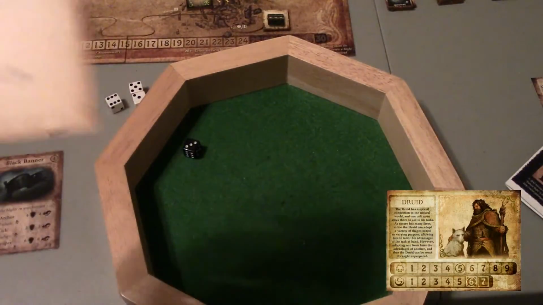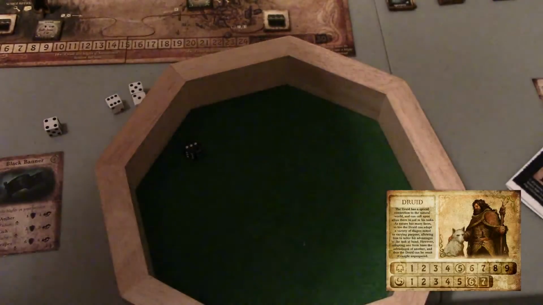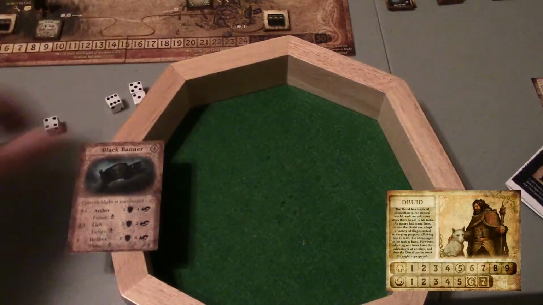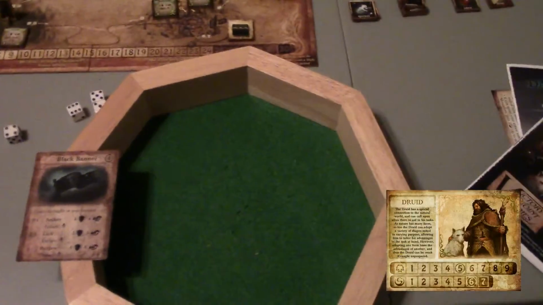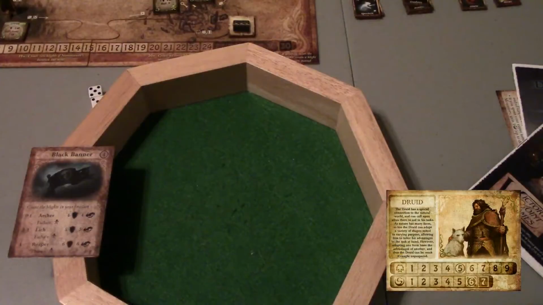So the druid has the ability of camouflage, and it allows us to elude with 2 dice. That's what we're going to use. We're going to put that right there so we can see it. I think we'll adjust over just a little bit, get our 2 dice out, and we're going to have to roll a 4 or better on these 2 dice. He did not, so he took